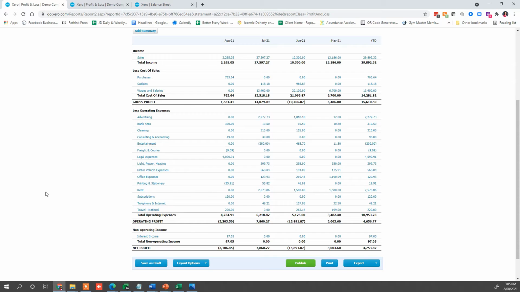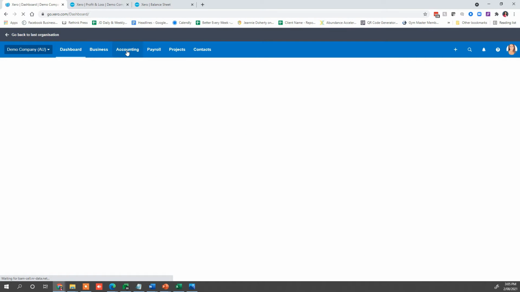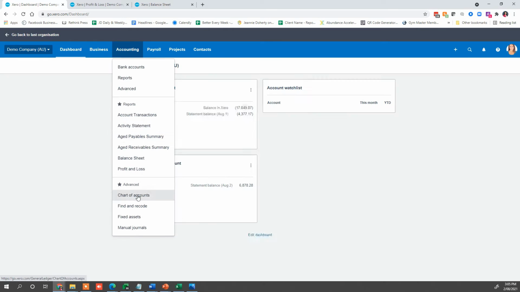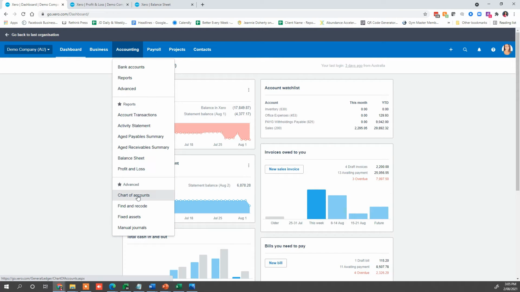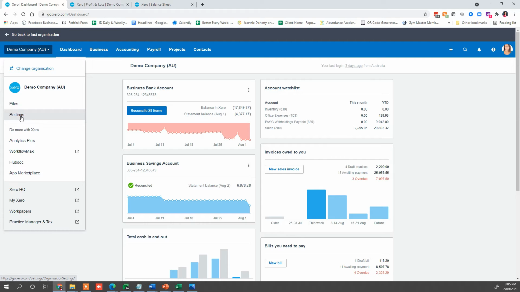So let's dive in. I'm using Xero for the purposes of this. If you use different accounting software, the principles are the same, but you may need to press different buttons to get there. So with Xero, when you jump in, you'll be on the dashboard. You want to come up to the accounting menu. The chart of accounts is very much an accountant's area. So the chart of accounts is in the shortcuts because it had a star placed next to it in the settings area, because chart of accounts actually you get there from the file settings, which is probably important to know